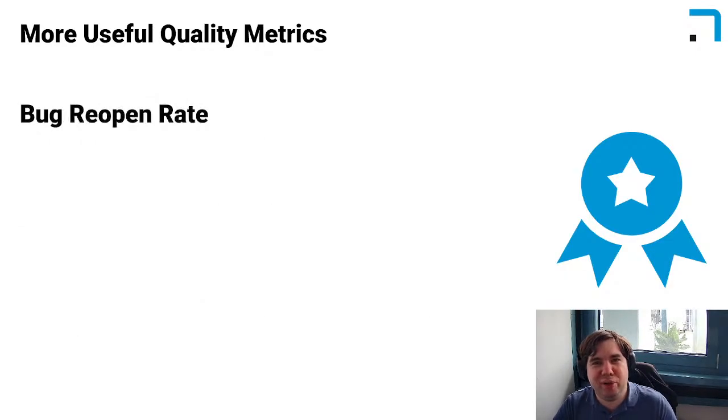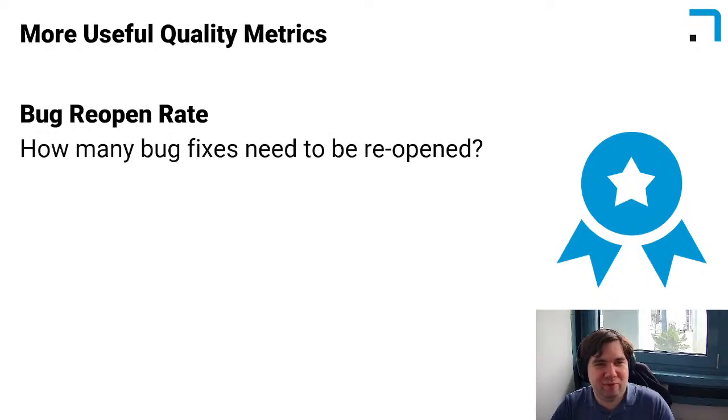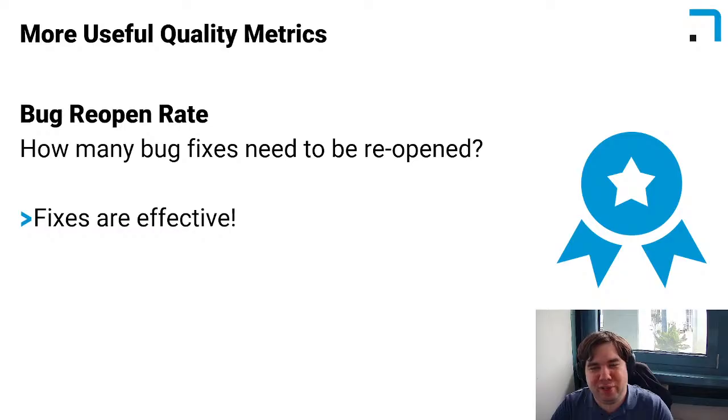What are some other quality metrics we can look at? Well, we can also look at a bug reopen rate. So you as a tester have written tests that identified a bug. You sent a bug report to the developer. Developer has come back to you with a fix. It's fixed the bug, great. But then later on, the bug has to be reopened. So how effective are our fixes? If our fixes are quite effective, then great, we can feel quite comfortable in knowing that once we've dealt with a bug or a defect, it's been resolved for good. But if we have these defects opening back up over time, then that's something that we need to investigate in our